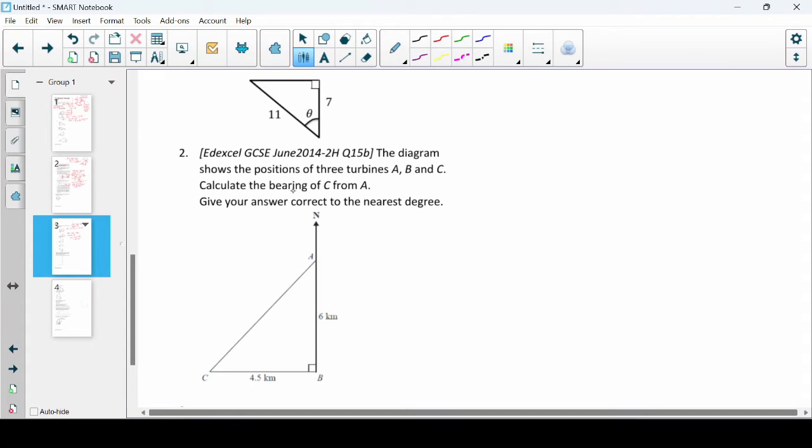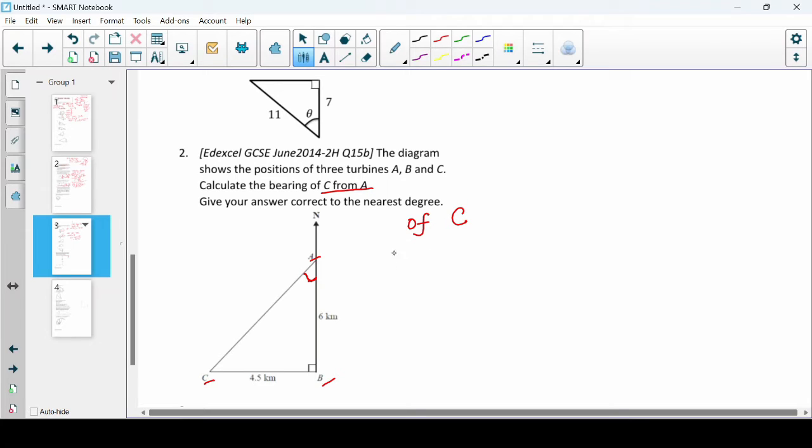The diagram shows the positions of three turbines A, B, and C. So here are three turbines A, B, and C. Calculate the bearing of C from A. C from A. So from A, right? So from A means this A, the bearing of C. So you have to be very particular, right? So bearing